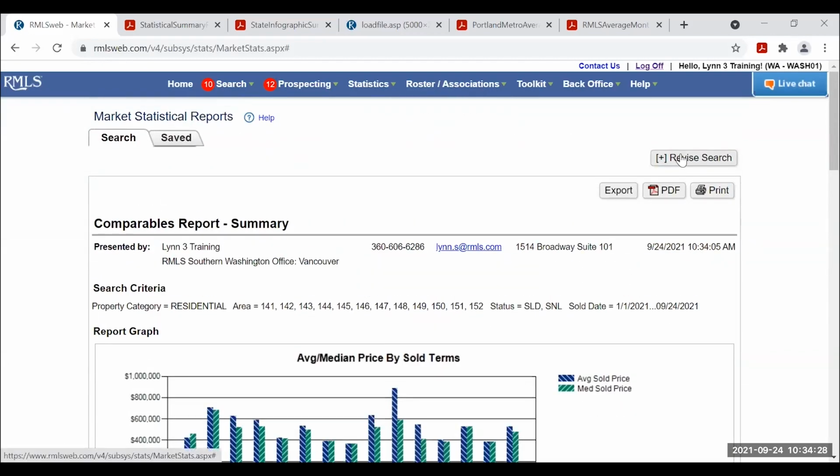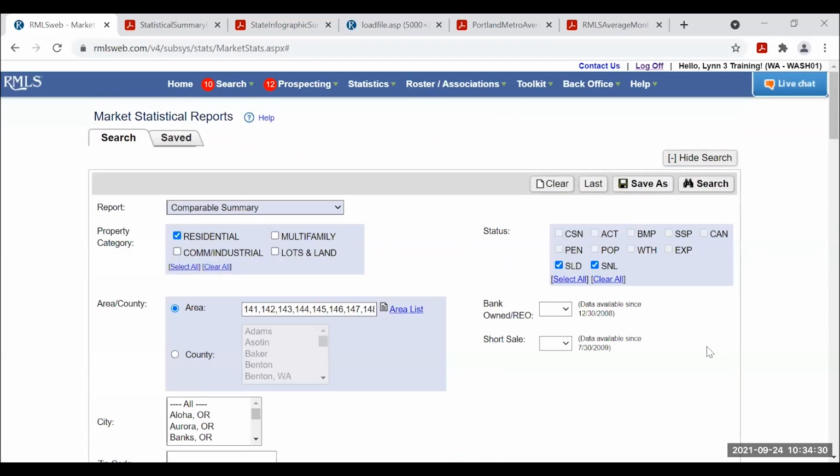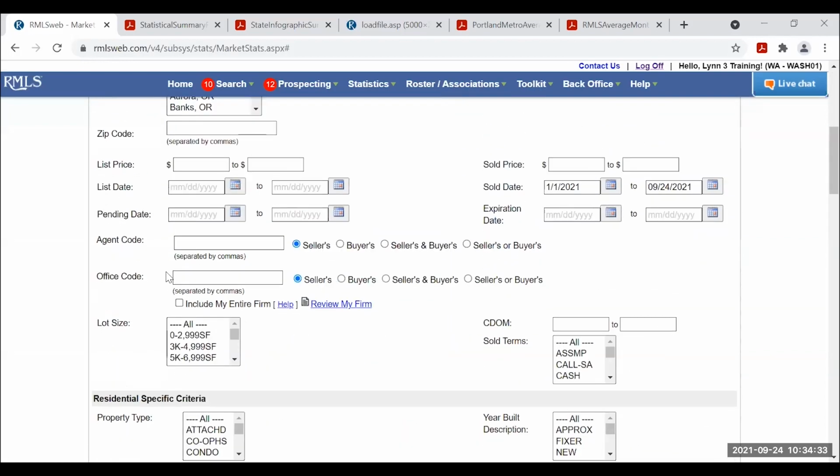Then I'm going to come back here and say, I want to see what my office looks like. Again, you can do for the seller side. So if the office had the listing, we'll also look at the agent side if you just had the listing, or if the office or you just have the buyer side.